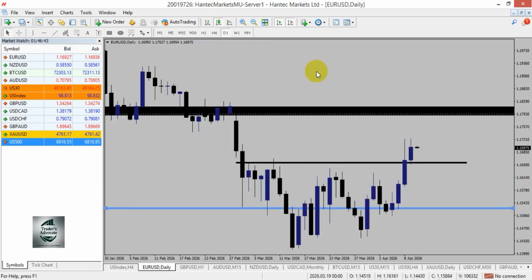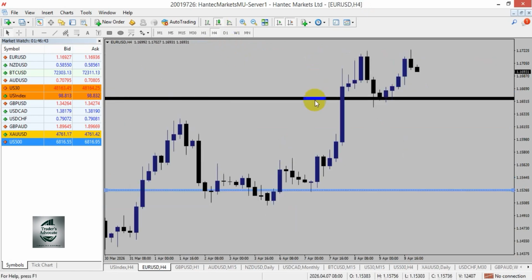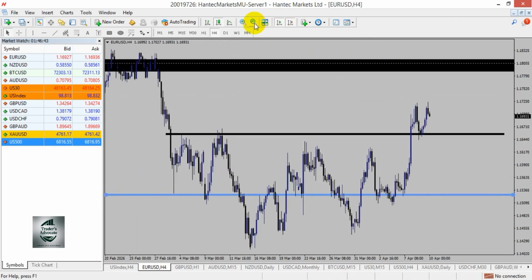But if you're already in this trade, you caught the breakout, the retest of here, you bought somewhere around there, please lock in a significant amount of your profit somewhere around there. Push your stop loss past where you bought from, in anticipation that we are coming here, because this can be a double top and price starts coming down, or I won't be surprised if price starts coming all the way to